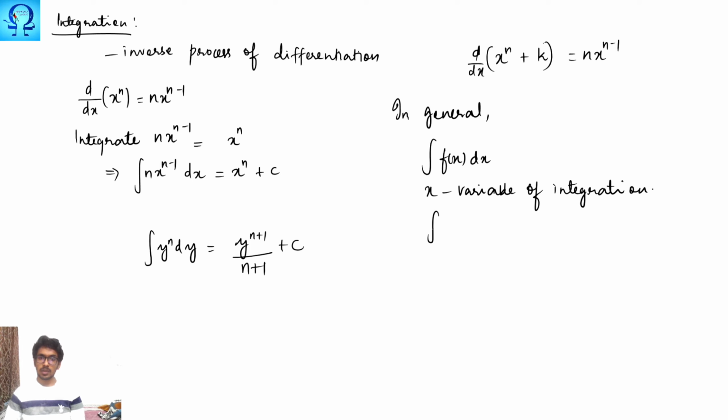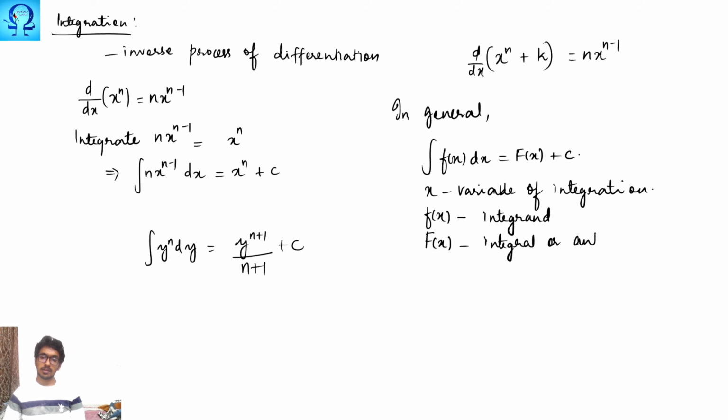When you integrate f of x, you are going to get some function of x along with c. Here the function small f of x is called the integrand. This is the function to which we apply the process of integration. And big F of x is called the integral